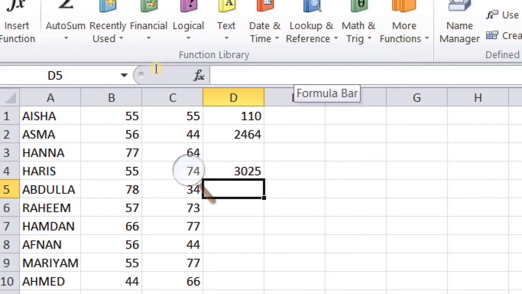We can compare two numbers also. How to compare two numbers? Is equal to, okay, I want to compare Abdullah's mark B5, 78, and C5, 34, which is bigger.